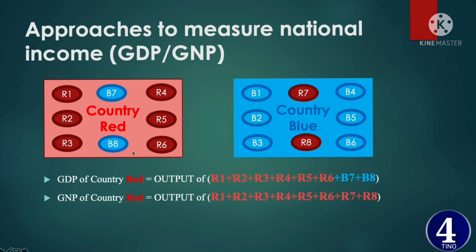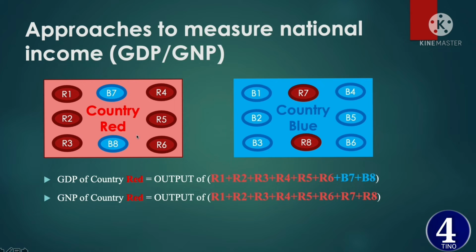Okay, then in order to measure GNP of country red, what we have to do is sum the output produced by the citizens of country red, irrespective of their geographical location. So we will add outputs of all red citizens, not the blues. So GNP of country red is equal to the output of R1, R2, R3, R4, R5, R6, and R7 and R8 produced in country blue. So here, irrespective of their geographical location, but considering citizenship, we will add output produced by citizens of the